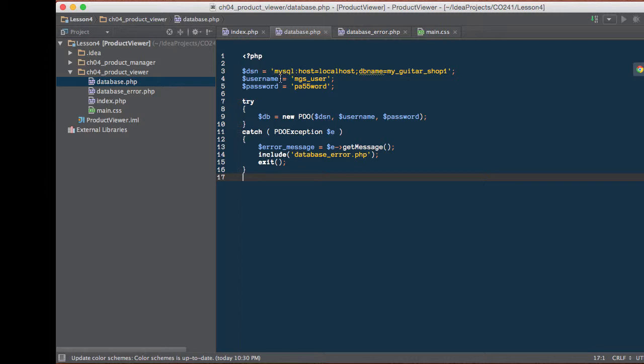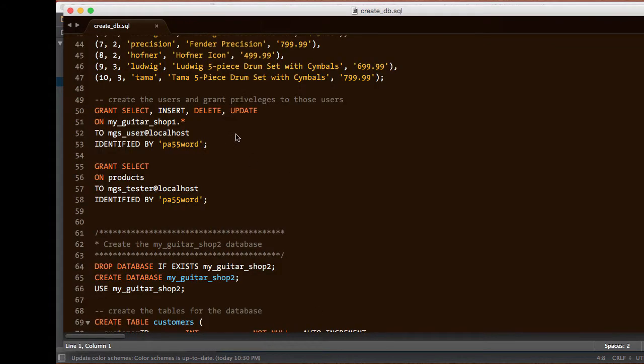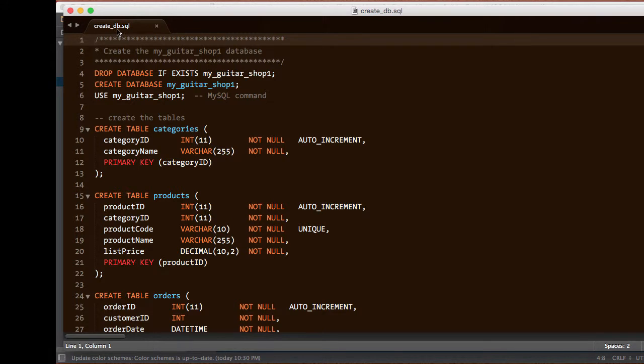The DSN will be just like you see it here. The only thing that will change is the database name for your applications. But it'll start with mysql:host equals localhost. Then dbname will equal whatever database you're trying to hook to. The username and password. Now, why are we using these? Well, if you look at the create DB file that you ran earlier,